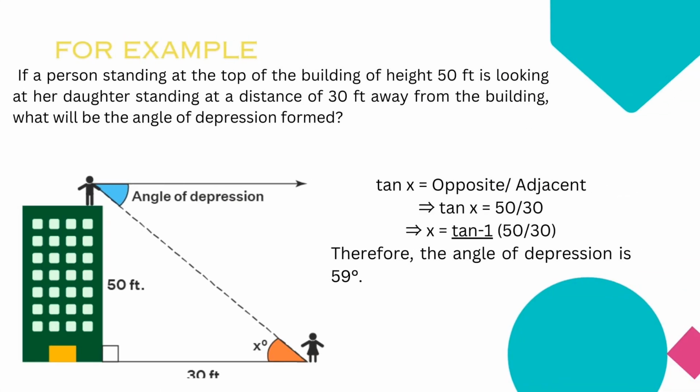So for example, a person standing at the top of a building with a height of 50 feet is looking at her daughter standing at a distance of 30 feet away from the building. What will be the angle of depression formed? The formula we will use is tangent x equals the opposite side over the adjacent side. Our opposite will be 50 feet and our adjacent will be 30 feet. So therefore, the angle of depression is 59